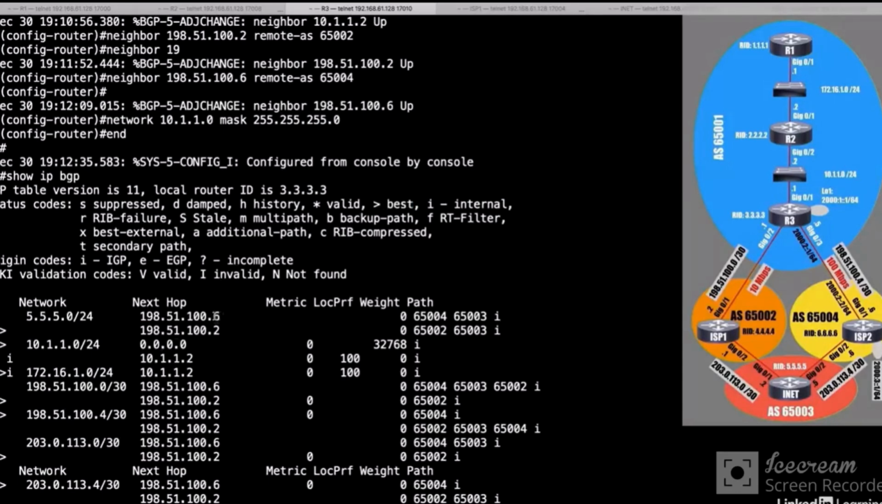We see the next hop IP addresses. This is ISP2's router. This is ISP1. And we see that to get to our destination network of 5.5.5.0/24, I'm going to be going through 65,004. That's where ISP2 lives. Then I'll be going into the autonomous system of 65,003. That's where the iNet router lives. And then the I